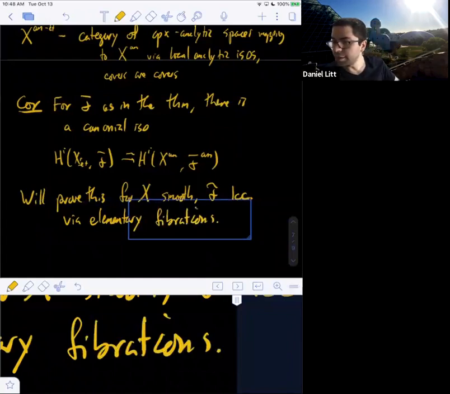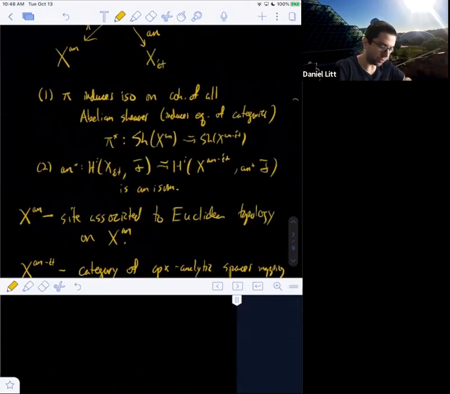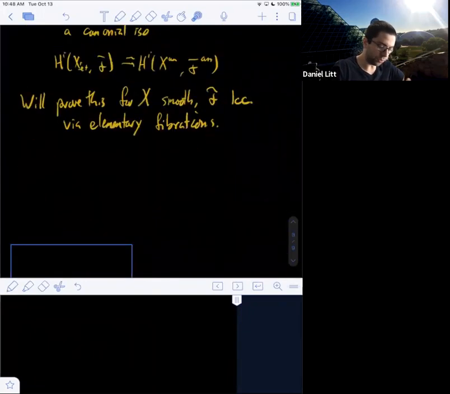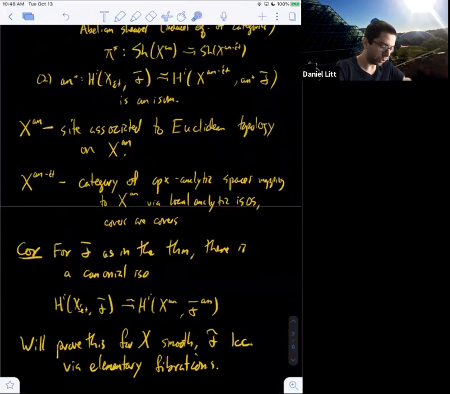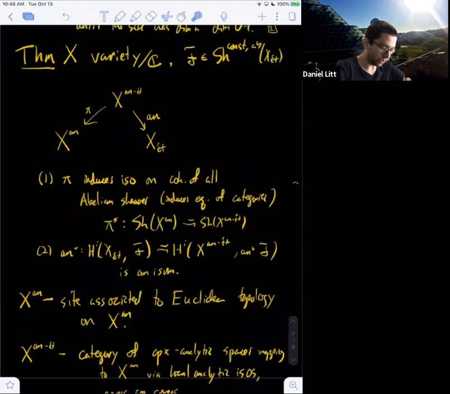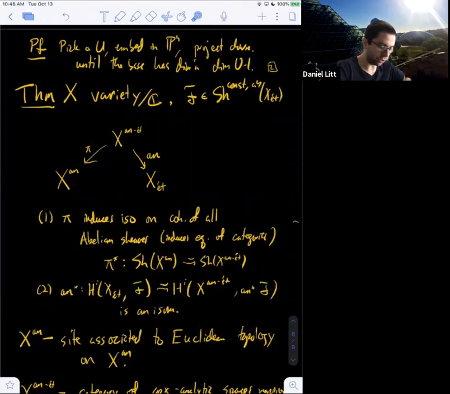I think it is probably best for me to not try to dive into the proof today. What I will say is that there were two parts of the statement. One was that this pi induces an equivalence of categories on the category of abelian sheaves, or even all sheaves of sets.